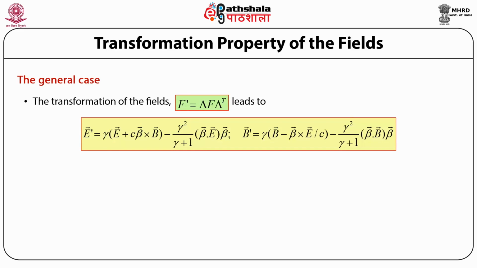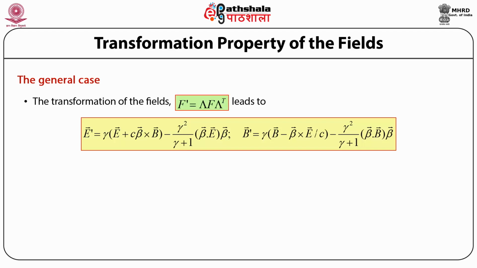For the field strength tensor, we have capital F prime is equal to delta acting on capital F acting on the transpose of delta, and this leads to the electric field transformation equation given by vector E prime is equal to gamma times bracket open vector E plus C times cross product of beta with vector B bracket close, minus gamma square upon gamma plus 1 whole times within bracket the dot product of vector beta with the electric field vector E whole times vector beta, while the magnetic field induction vector transformation equation is given by vector B prime